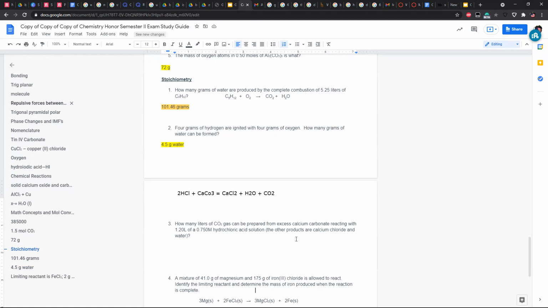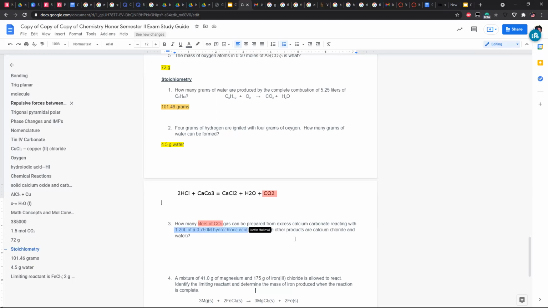So how many liters of carbon dioxide gas can be prepared? So we have how many liters of carbon dioxide gas? That would be this right here. Can be prepared from excess calcium carbonate reacting with this many liters of this molarity hydrochloric acid. Hydrochloric acid is HCl,